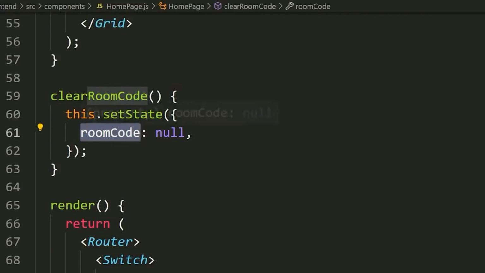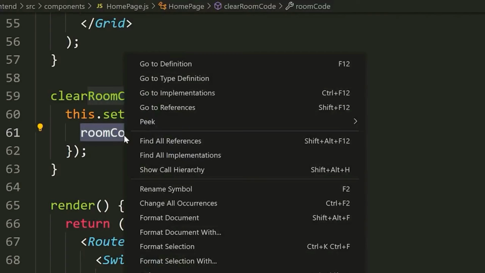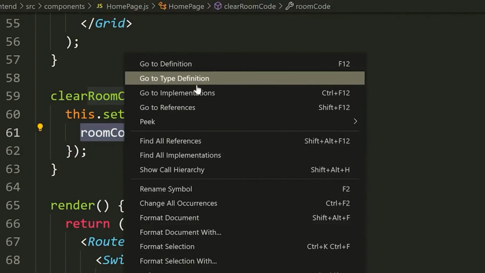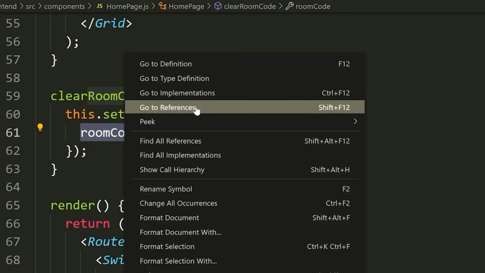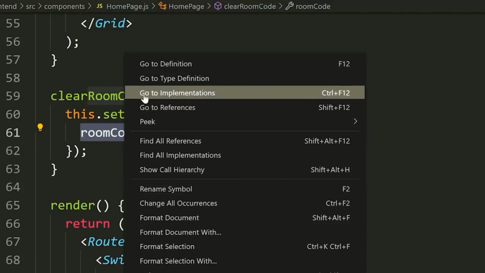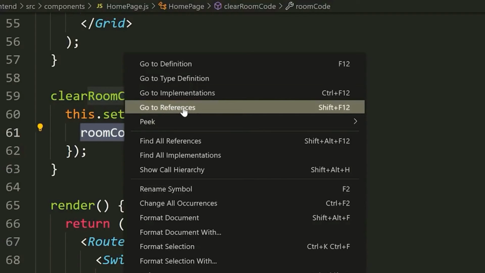So if I highlight this first of all, you can see it's highlighting all of the other room codes. But what I could do here is right click on this and click go to definition, go to type definition, go to implementations, go to references, peek, and a ton of other useful things. So I won't really show you all of this because there's a lot of different ways to look at this, but I just wanted you to be aware that you can do things like this, and specifically if you're working